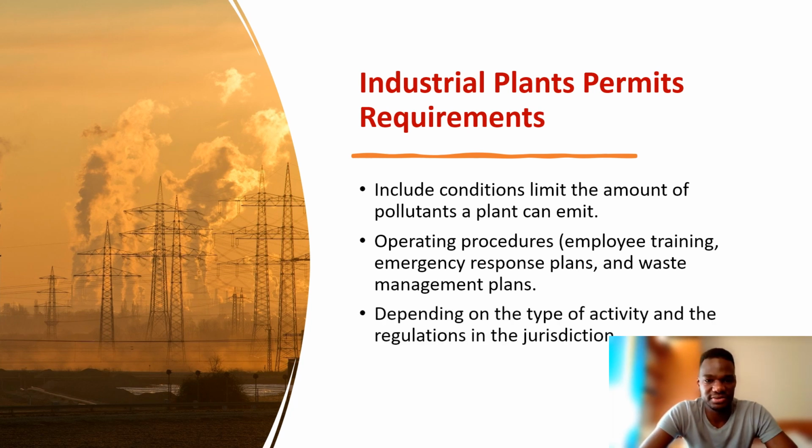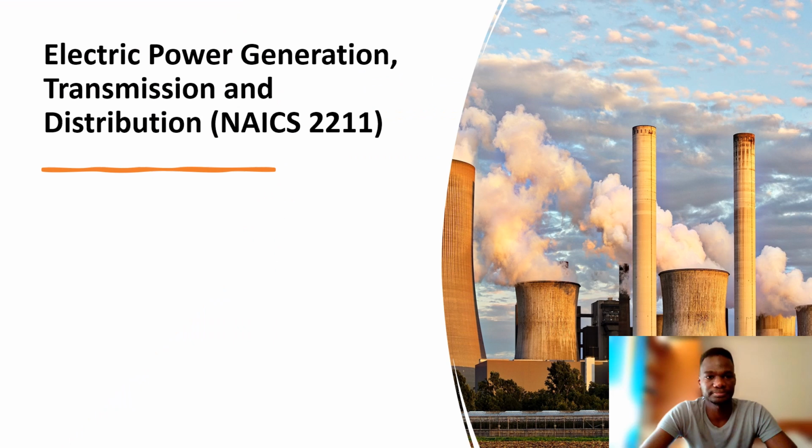The requirements for obtaining an industrial plant permit vary depending on the type of activity and the regulations in the particular jurisdiction. So let's take an example of an industrial plant, and in this presentation I will discuss the example